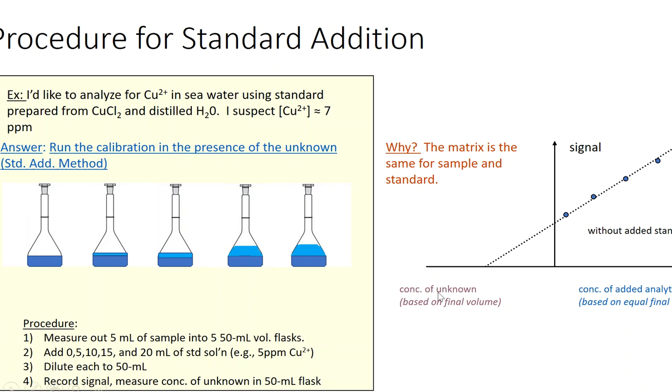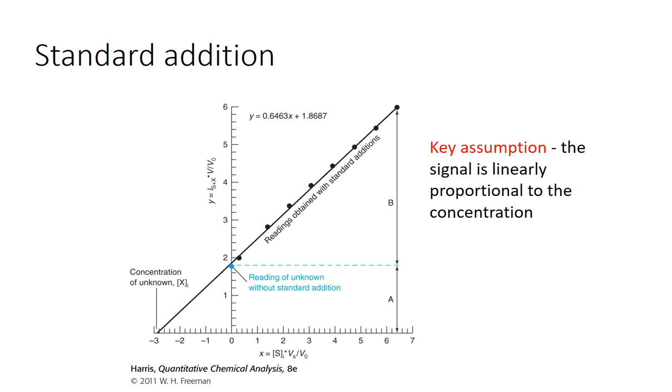And we can get that concentration on the unknown by extrapolating this line all the way back to the x-intercept. And I'll show you some math equations to do that next, and then I'll show you the quick and dirty way to do this. So first we're going to see the painful way, and then we'll see the quick and dirty way. So here's our calibration curve, and what we've plotted is the intensity of our signal